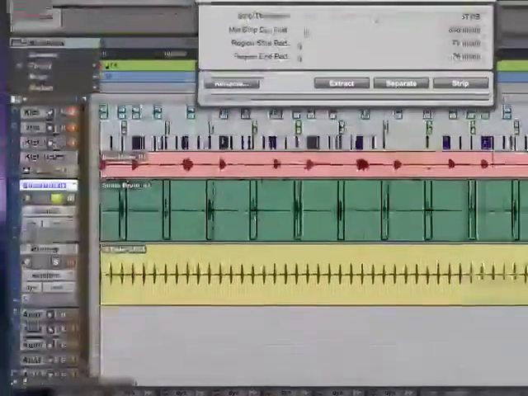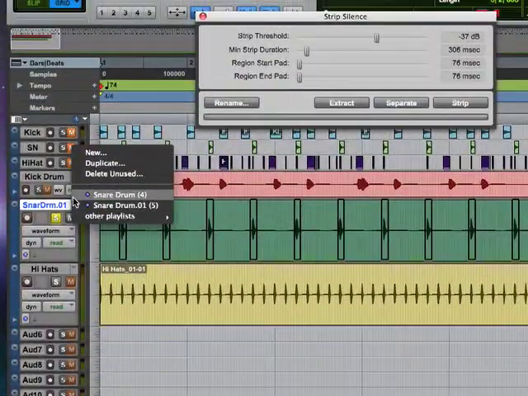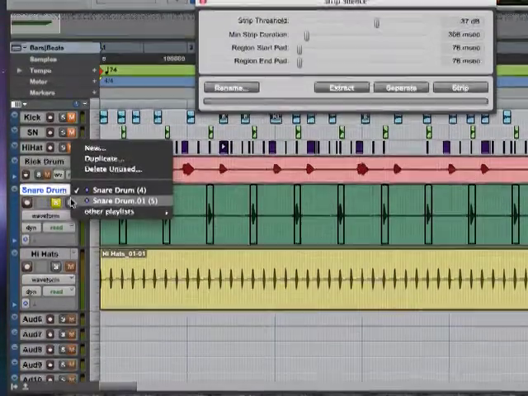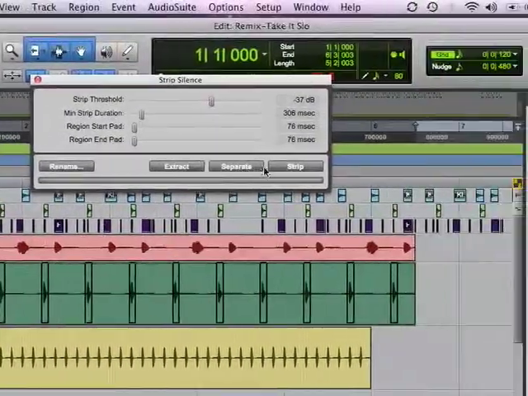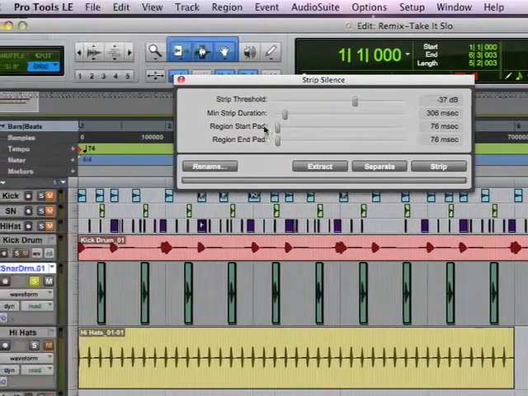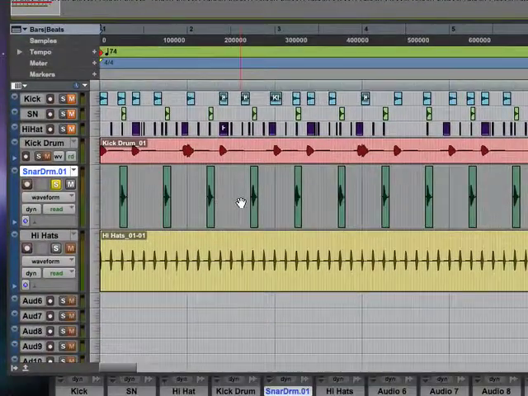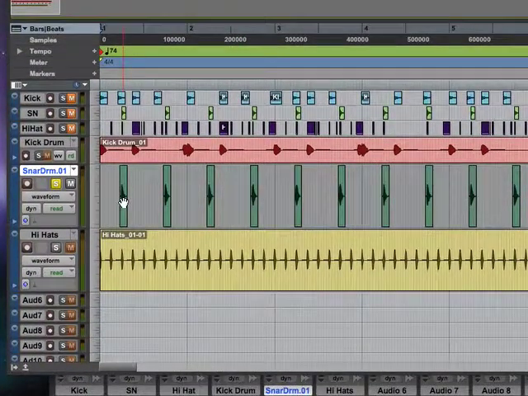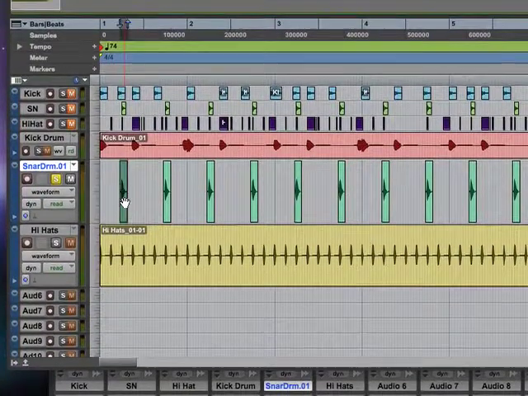Now here I got this one playlist here. Let me say I go back to the original playlist, which is my snare drum, and go to this one here. And I'll say, okay, I want to strip this one here, which is all one playlist. Okay, close this out. One thing I could do is I'll take a sound, for example, on these snare drums,